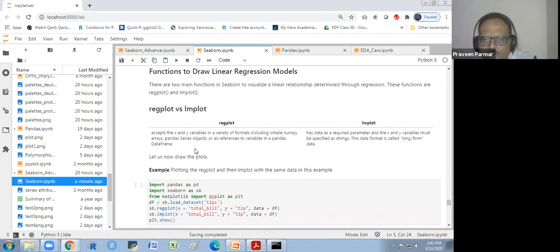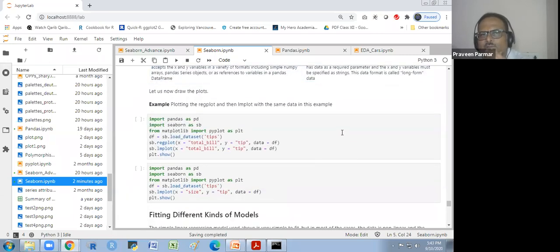So I have written something, the difference between those. regplot accepts the X and Y variables in a variety of formats, including simple NumPy arrays, pandas Series objects, or as a reference to a variable in the pandas data frame. lmplot has data as the required parameter, and the X and Y variables must be specified as strings. This data format is called long form data.